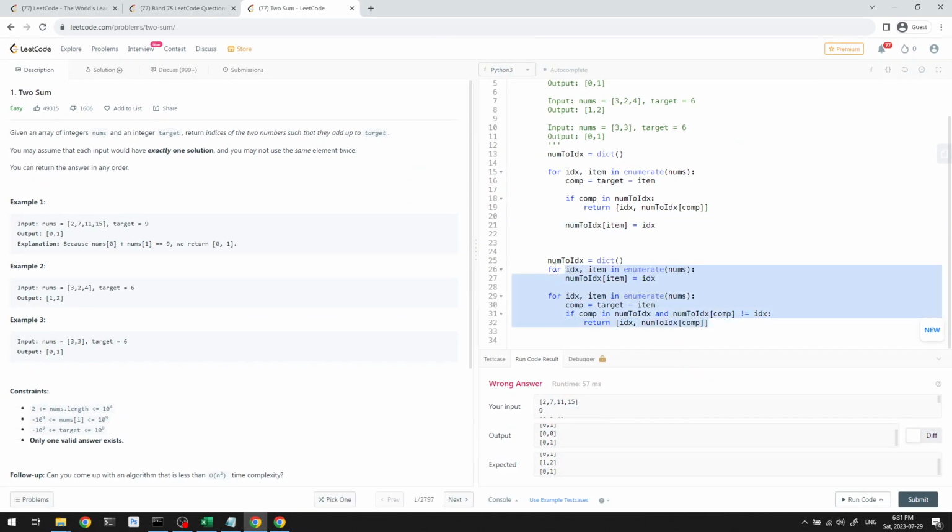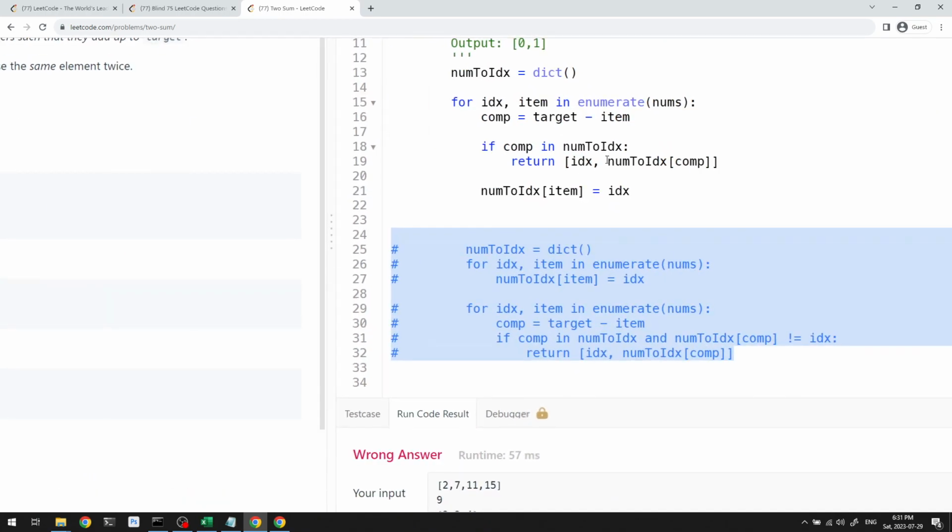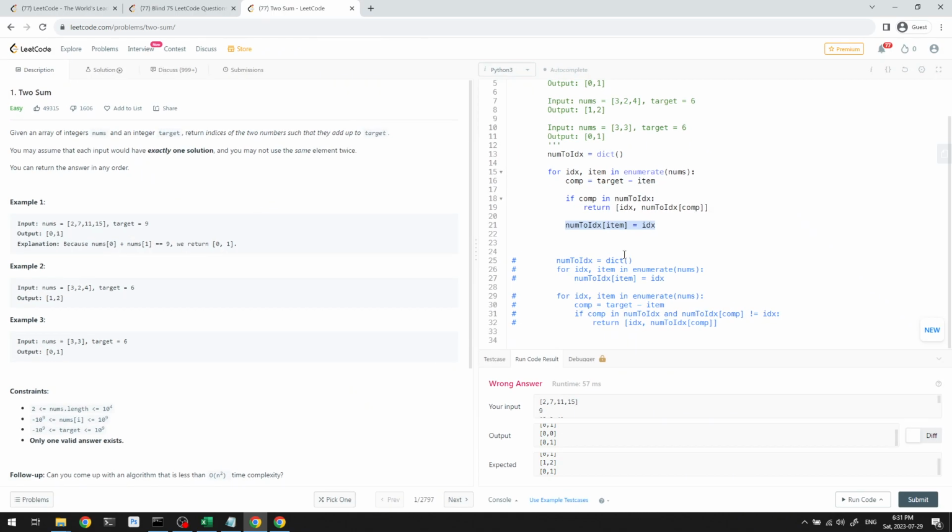And I want you to notice 2 things here. First of all, it's just one loop. Secondly, we are not checking the condition where this is the case. You don't have to check if the same index happens. The reason is that we're adding this at the very end. So the first time you do this, for example, the complement is 3, and the item itself is 3. But the complement won't be in the dictionary yet because we haven't added it yet. If you were to put this at the start, then you would need to check the index. But since we put it at the bottom here, we actually don't need to check the index at all. And so this turns out to be exactly equivalent to this, just one loop.